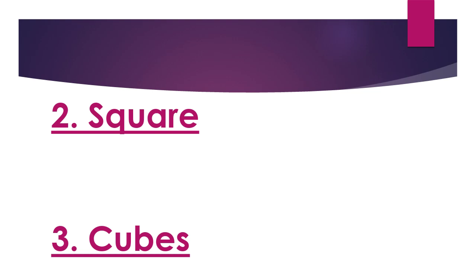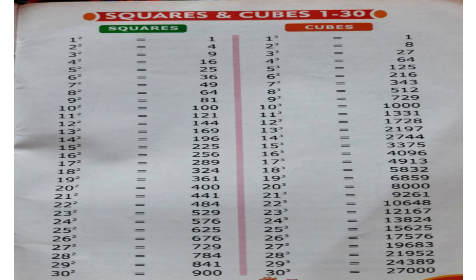The second and the third thing is cubes and squares. I have compiled the second and third thing for you for your easy reference. The squares and cubes walk hand in hand. So the squares and cubes minimum till 15. I have brought it till 30 for you for your easy reference. So before going for the class 8's math study, at least the squares and cubes till 15.